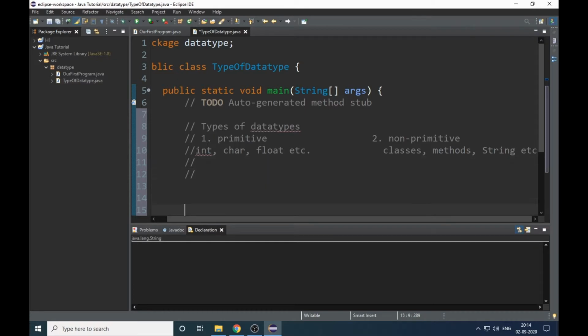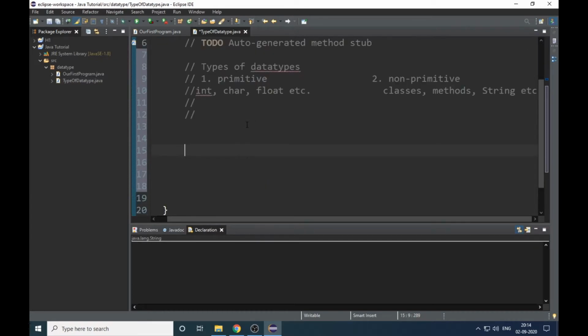So if I talk about only the primitive data types, I will tell you the memory, not the location.